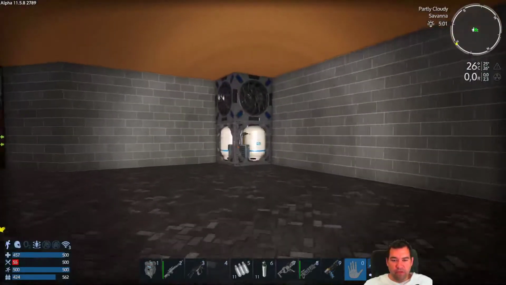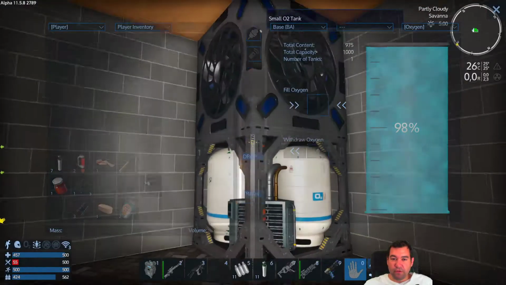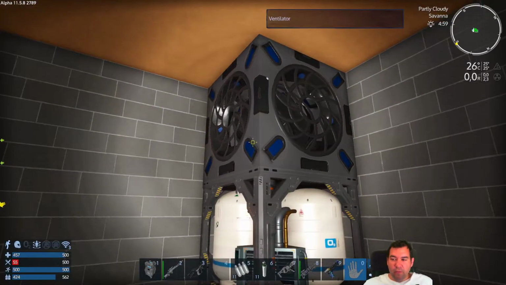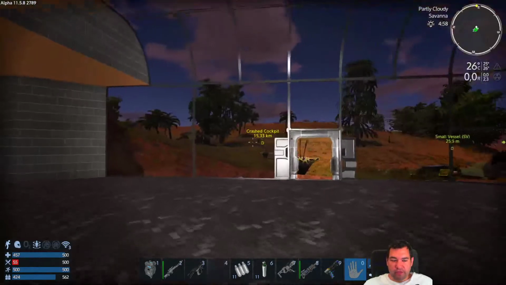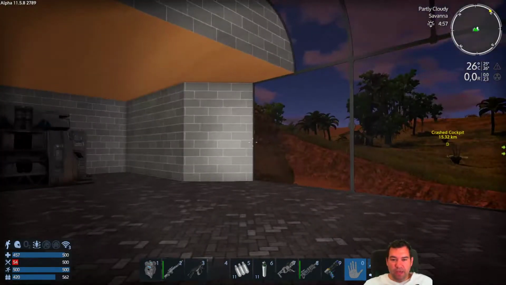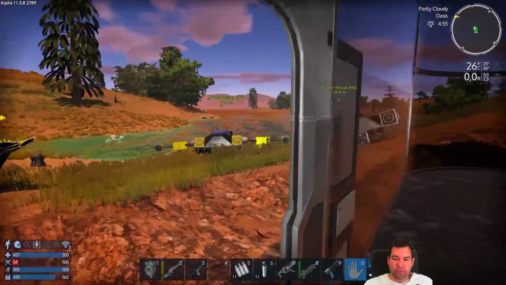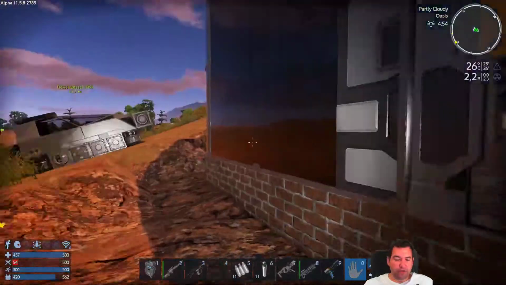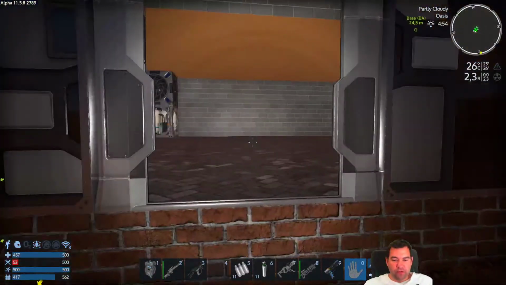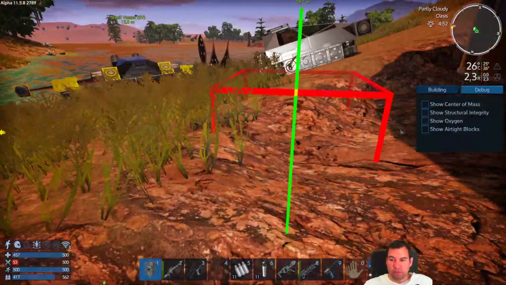Then over here we have the oxygen tank that I already filled. It's 98% full. There's a fan in here, which we're going to need if we want to get this space pressurized and keep it pressurized too. That is about it. I took both the SV and the HV over here, and we're about to start running our base. I also picked up the small constructor